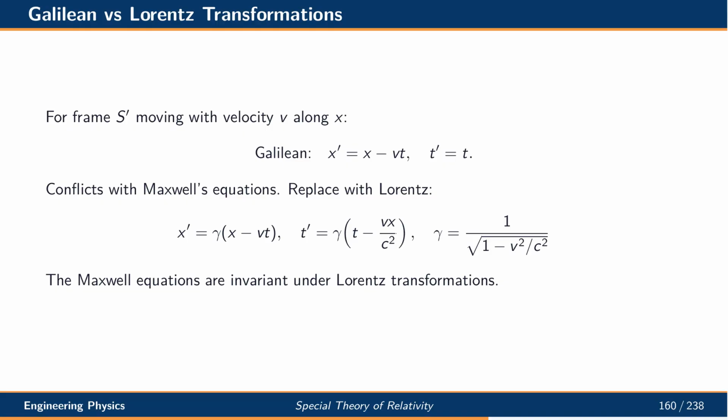Classical Galilean transformations work fine in Newtonian mechanics but conflict with Maxwell's equations. Einstein replaced them with Lorentz transformations. These mix space and time coordinates through a factor called gamma, which depends on the velocity v relative to c. Maxwell's equations are invariant under Lorentz transformations, showing that relativity and electromagnetism are deeply consistent. The Lorentz transformations form the geometric backbone